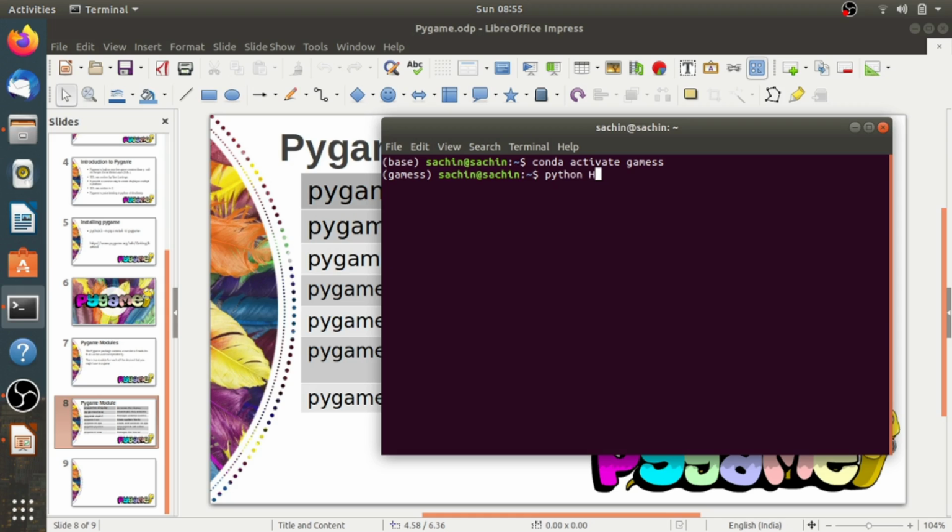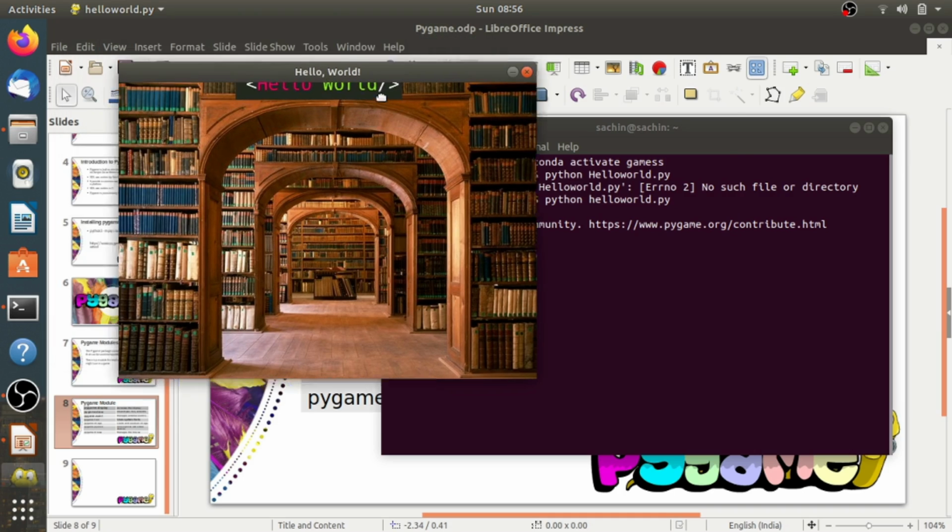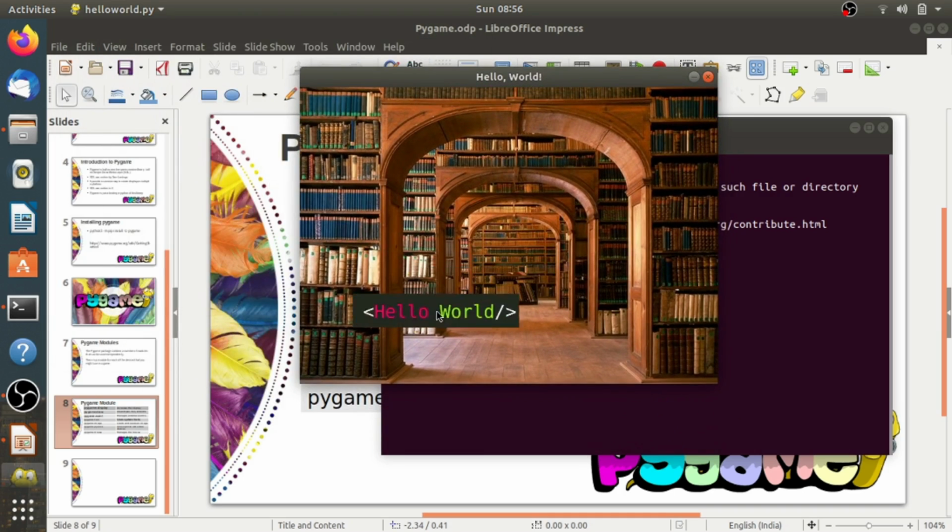Let's see first how it looks. As you see here, the background is a library image which I have taken, and the image under the mouse is a Hello World. So we are going to make this in this lecture.